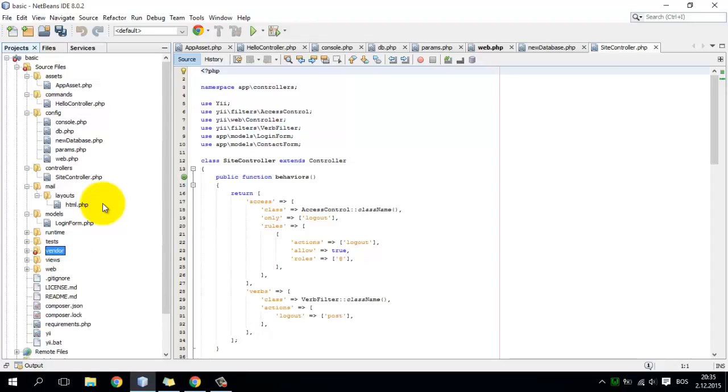And inside the vendor folder, there are just the whole Yii framework files and everything. And of course, if you download some other libraries using Composer, they will reside here. Views, all the view files should be created inside the views folder. Of course,